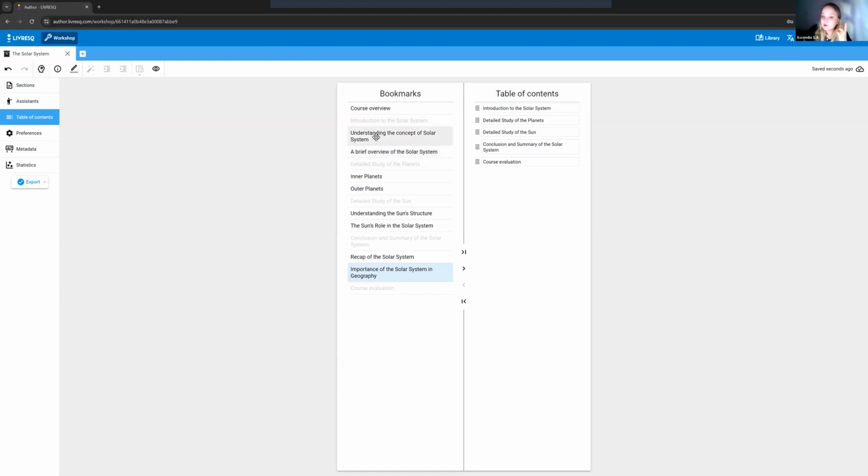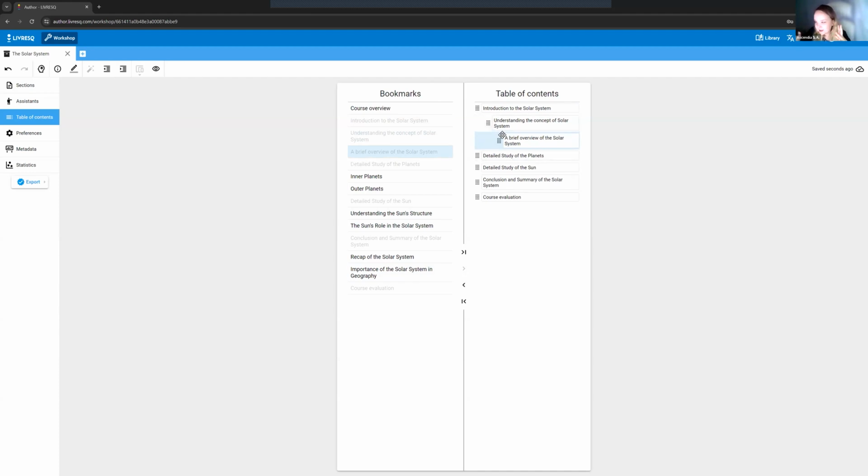Perfect. And also you saw that some of them are considered subtitles. If I just add them automatically, the platform doesn't understand that they're subtitles. You need to add the indentation, so you need to move them wherever you need them to be. So if I decide that this is a chapter, this is a subchapter, and this is a subchapter of that subchapter, then I will need to do this organization of moving them